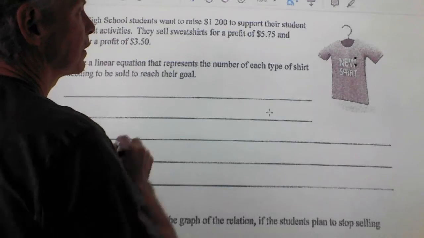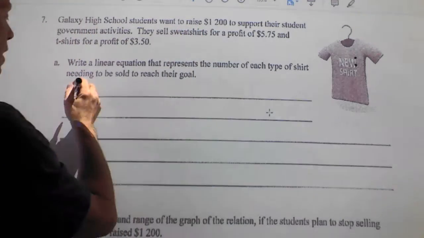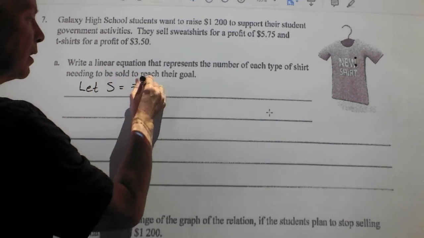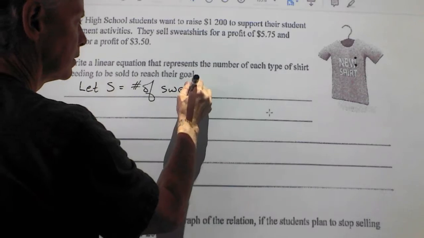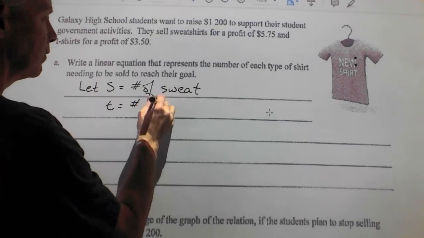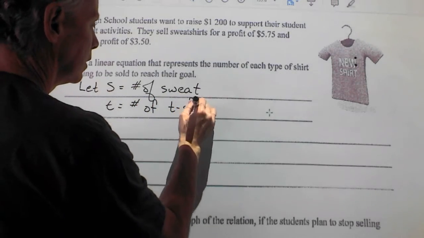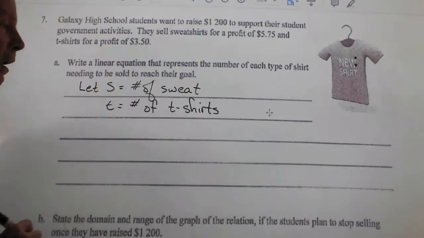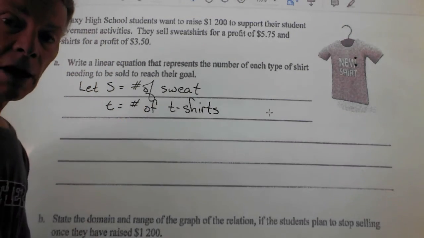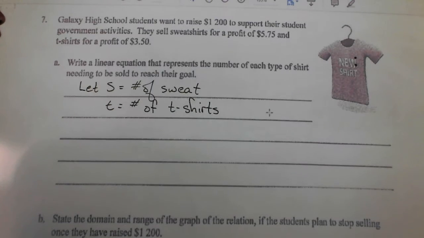Let's pick some variables here. Let S equal the number of sweatshirts, and let T equal the number of t-shirts. Okay? So this is very important for the next chapter. Whenever you're coming up with an equation, you need to actually write down what your variables will be. Okay? So, write a linear equation that represents the number of each type of shirt needing to be sold to